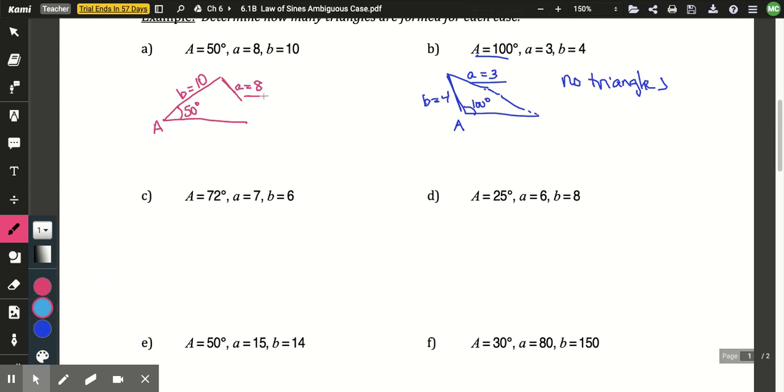over here, this A side, is long enough to actually make it to the bottom. So to do that, I want to compare it with what it would take to make it to the bottom with the shortest possible distance. So if I draw that in, that would be the height of the triangle that I'm making here. So if I wanted to figure out what this height is, I can focus just on the left side of this triangle here, which makes a right angle. That's kind of nice. So my right angle there,